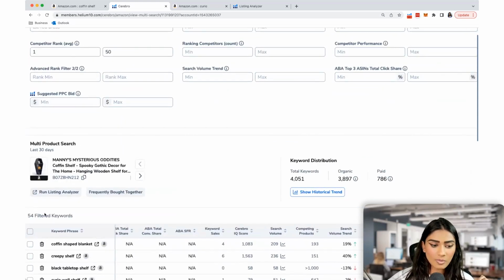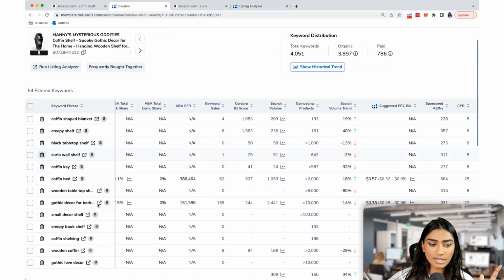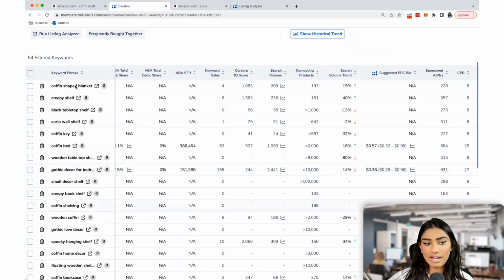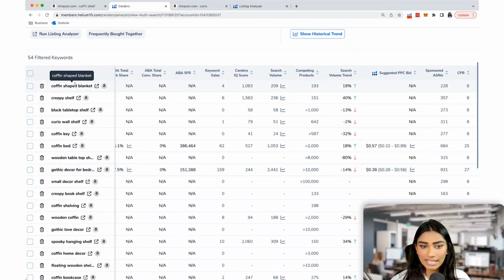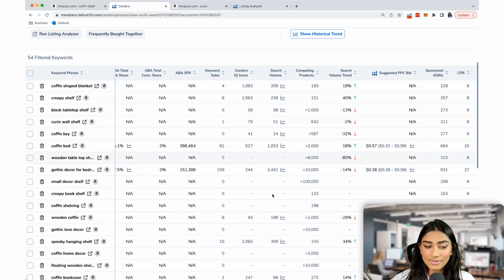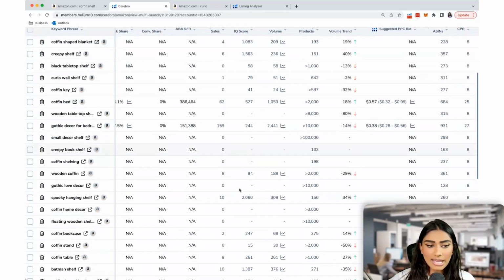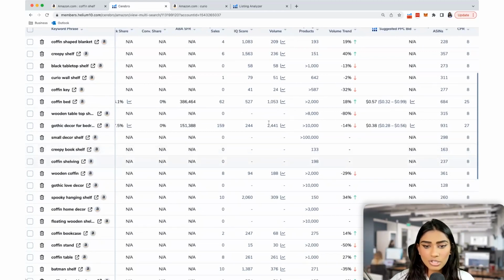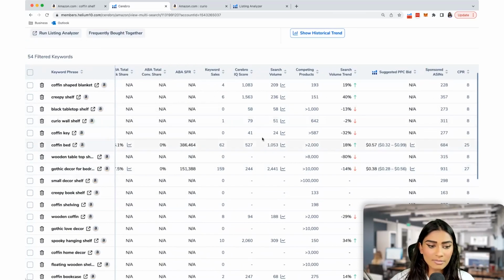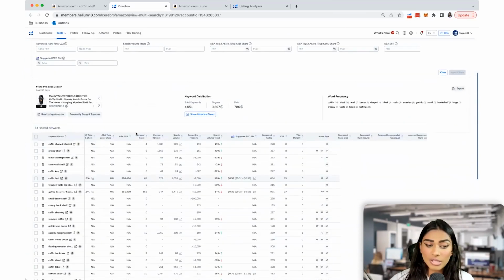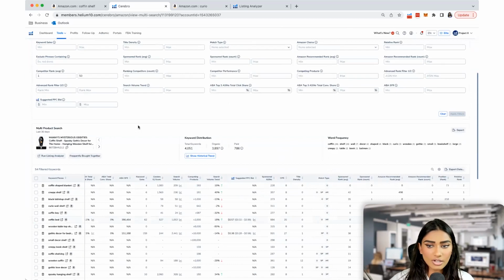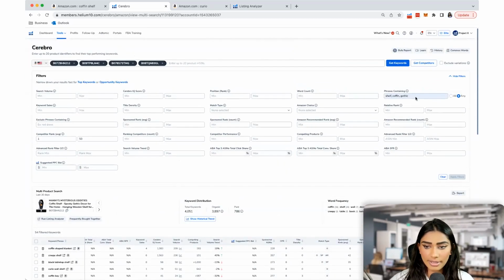And again, you're going to want to go through and see if these are relevant. Now, if you're looking for PPC campaigns, totally fine if you find something like a coffin-shaped blanket. Again, you can totally throw that into a bullet point if you'd like, but not entirely the most relevant. Take a look at these search volumes. That's another thing to take a look at, right? I can have, yes, the phrases containing this, and maybe it's ranking super high for it, but is there actually demand? And when you don't have a lot of demand, then maybe that's not a keyword that you will really want to include. So let's go back up and adjust this a little bit.